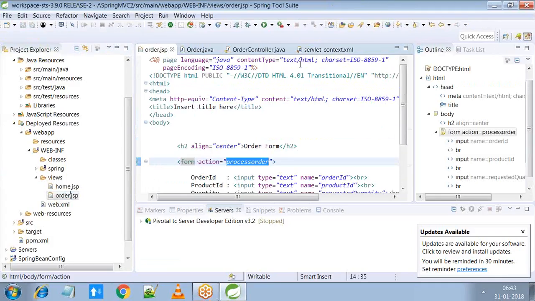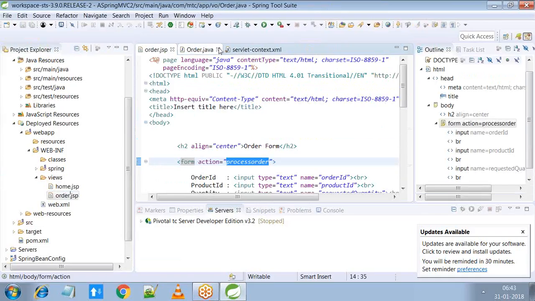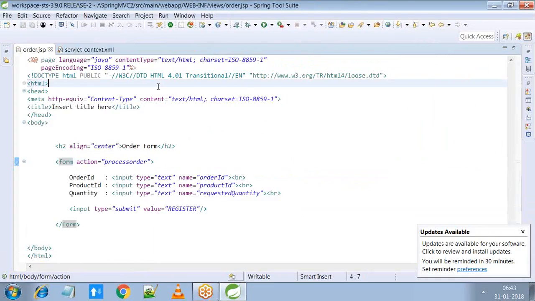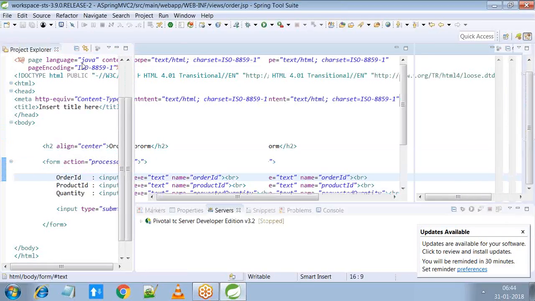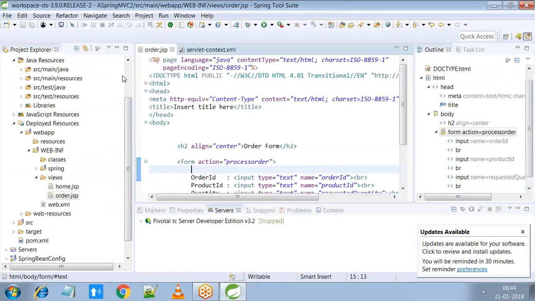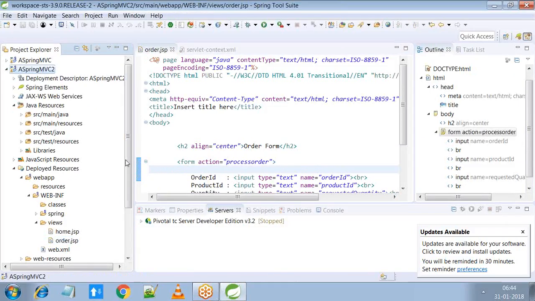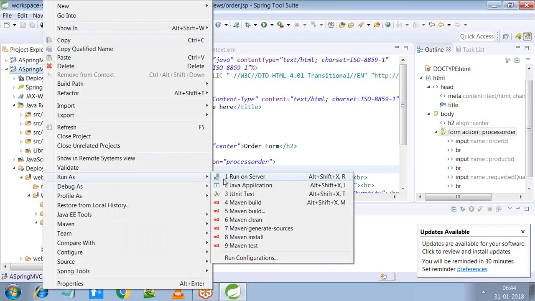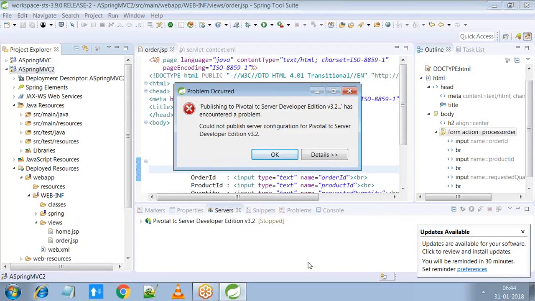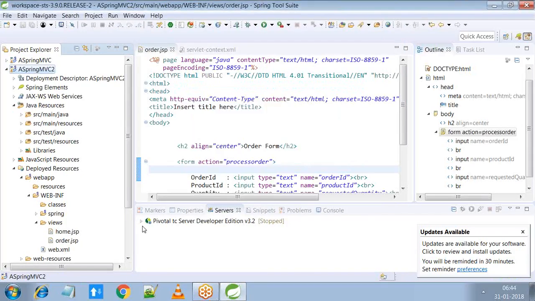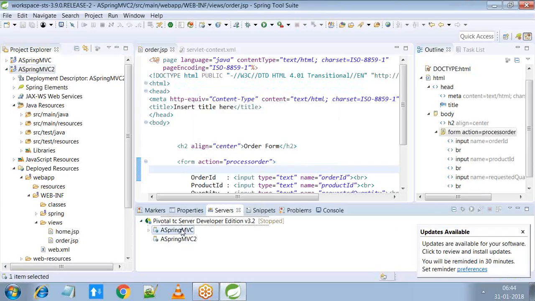But we also have to make some changes to this JSP page. We'll use this form. So let's first try to test this application. We'll deploy this application on the server. So in the Pivotal server,